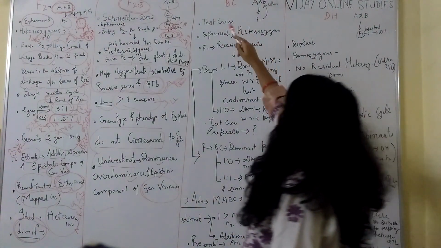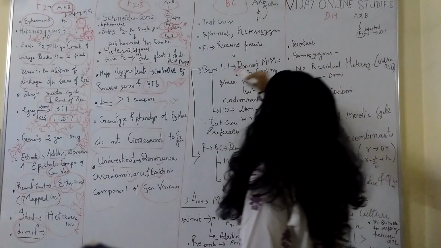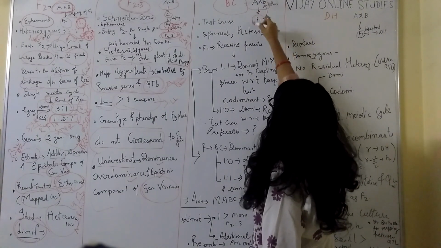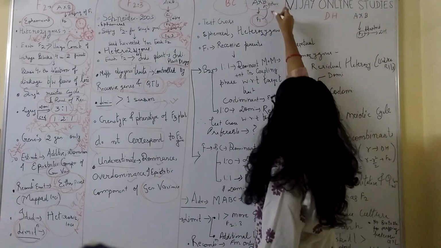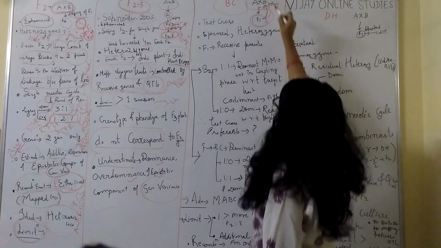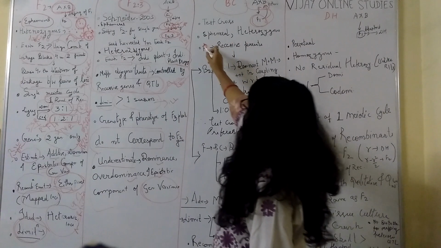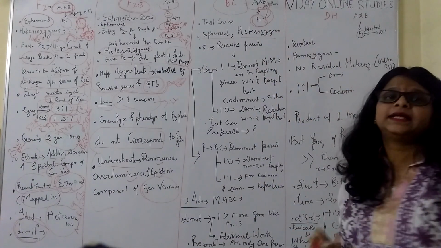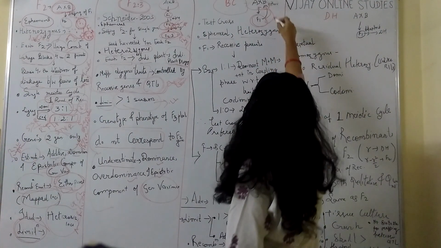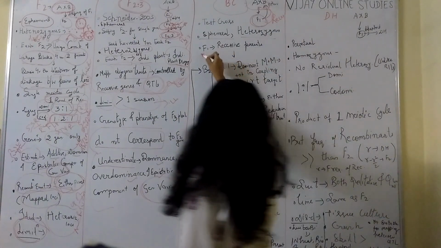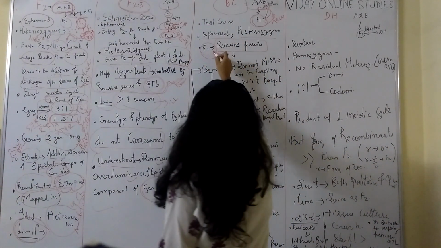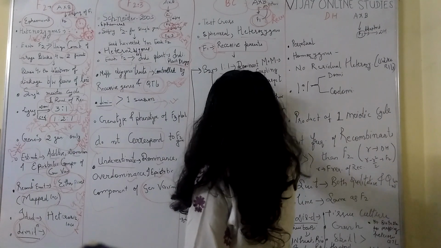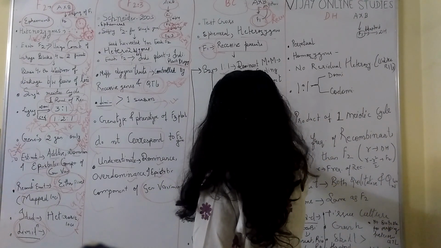Now another mapping population is backcross. How do you obtain it? First you cross the selected parents, then you get F1. This F1 you cross with either of the parents, either A or B. This mapping population is again short term, ephemeral and heterozygous. Generally we go for test cross, that is backcrossing with the recessive parent. When F1 is backcrossed with the recessive parent, that is test cross. When you backcross it with the recessive parent, you have two segregation ratios, 1:1 and 1:0.